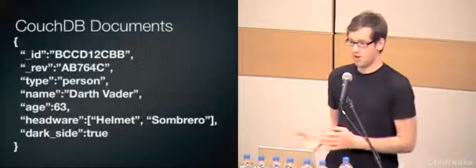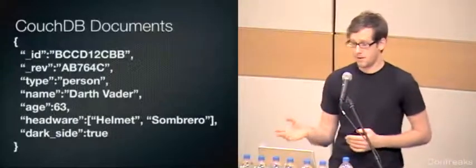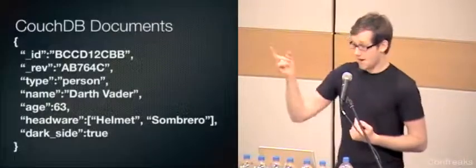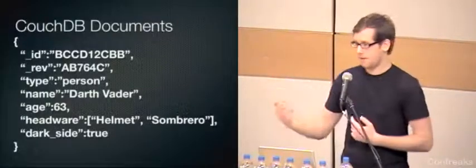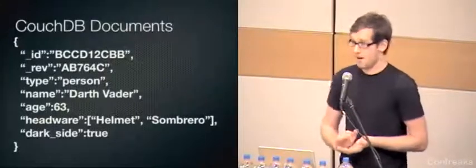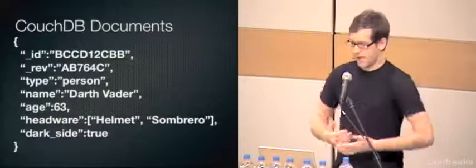So the revision ID would change for different versions of a document, and you would be able to, if you make a change and decide that was a bad change, say I want to undo it. You can ask for the previous revision or any revision and save that again as the latest revision. So there's a mini version control system embedded in CouchDB there.